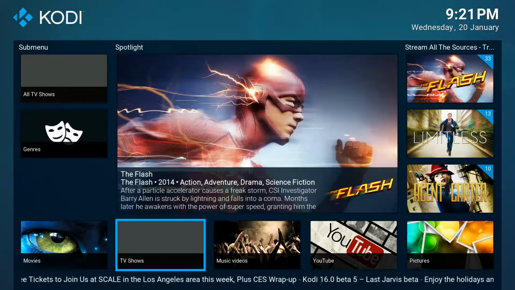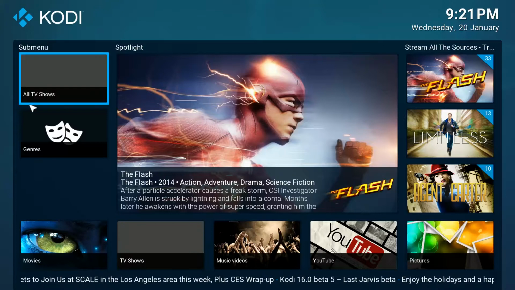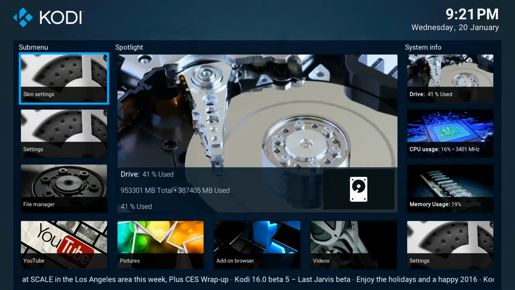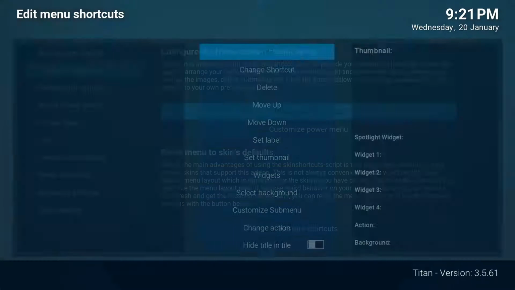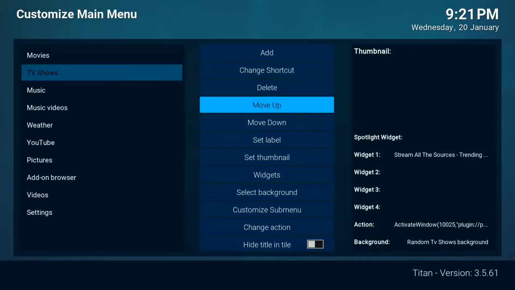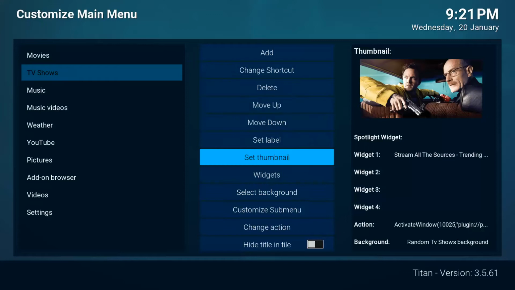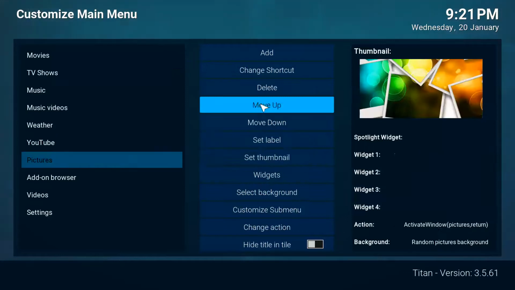As you can see, there's some sub menus on the left hand side there, so we just need to take them out. I'll show you how to do that right now. So skin settings, edit shortcuts, TV shows, select thumbnail, TV series. There you go. You can see on the right hand side now it has actually